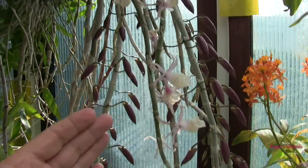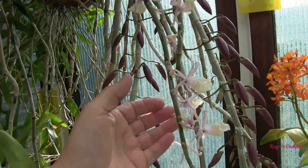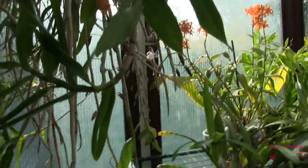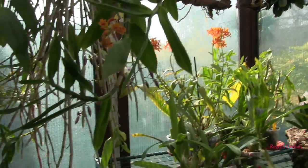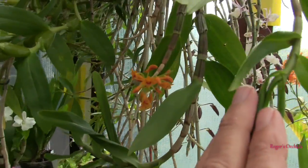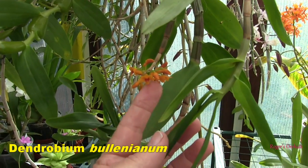That was the Primulinum, the first of the winter resters, but these are falling now. These are coming off, so that's gone. Ugh, hang on, losing me grip here. Right, coming round here we have this little oddity, I'm going to call it. It's an oddity. Blooms are tiny, yeah, but